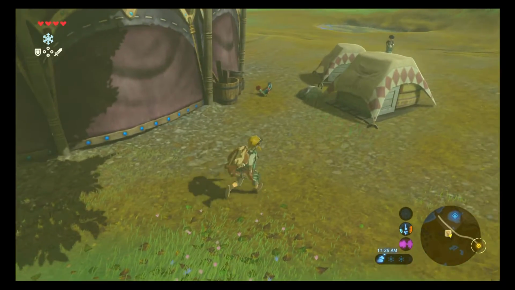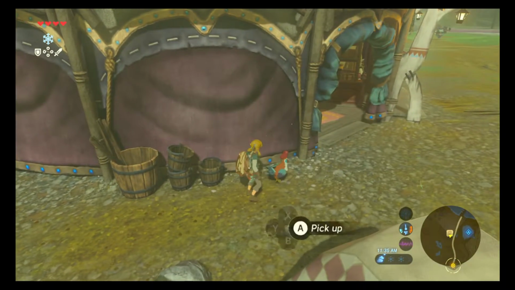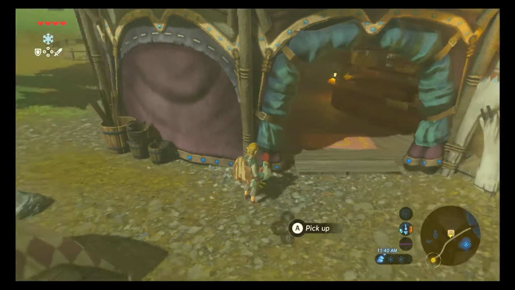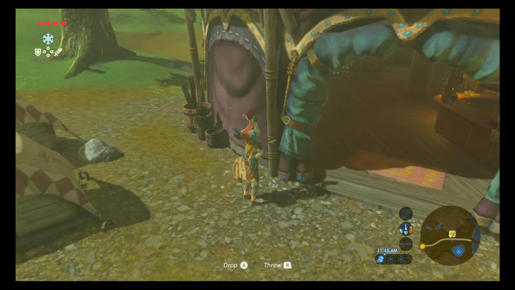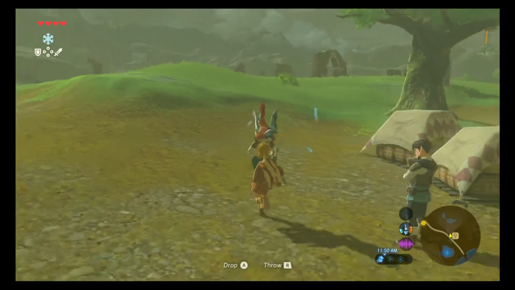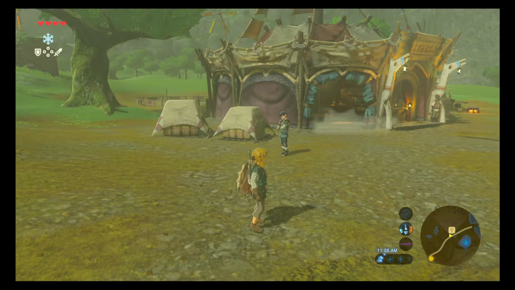I'm walking around the camp, the stable, and I see a rooster, but I don't want to pick up these roosters because I know how they act. Whenever you pick up a rooster in Legend of Zelda, you have got to throw it, and you got to throw it soon. Because if you don't,